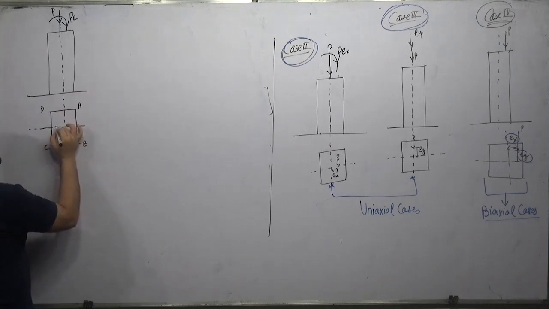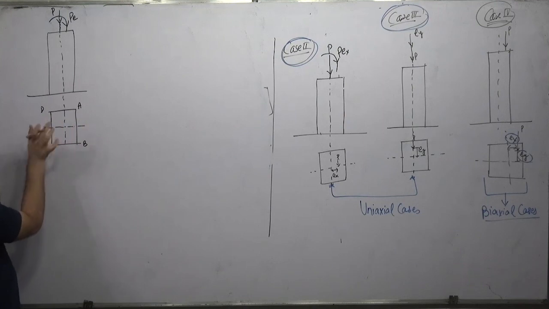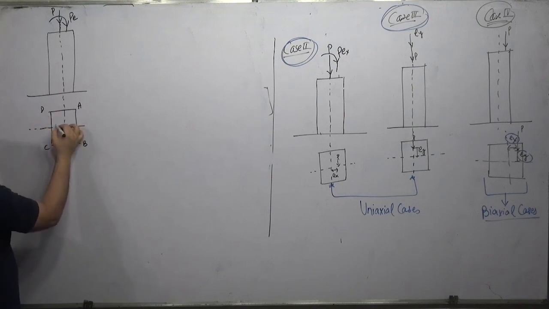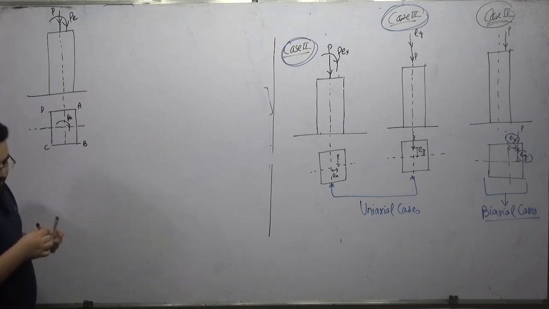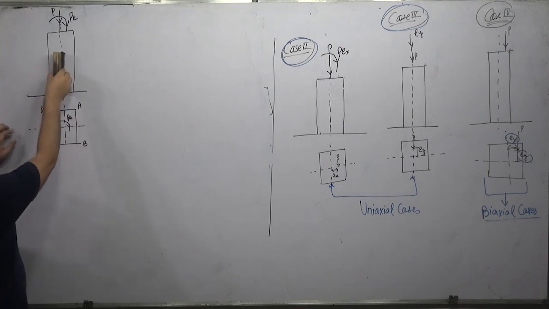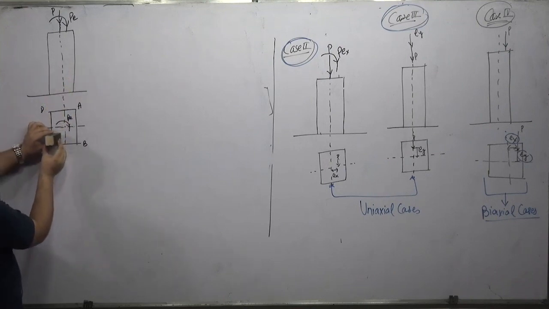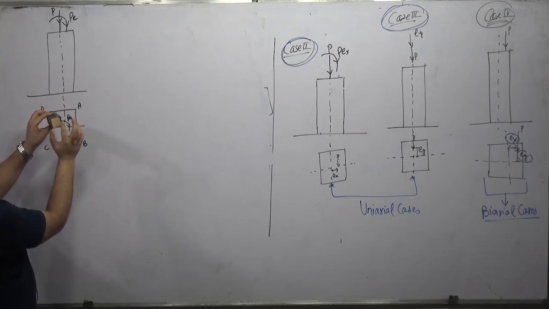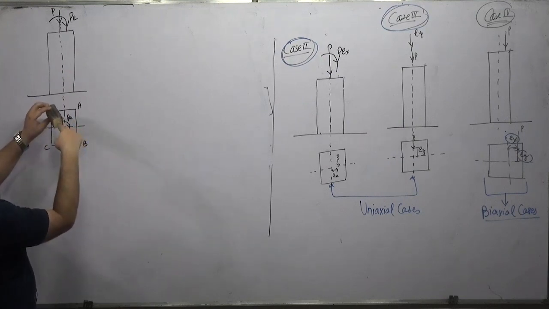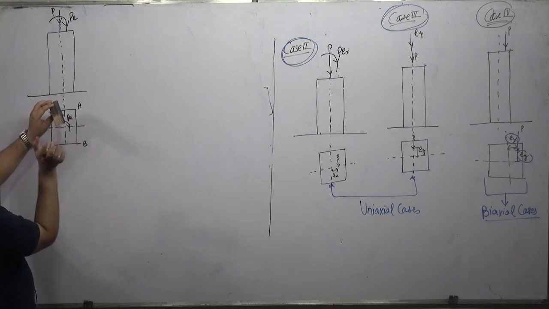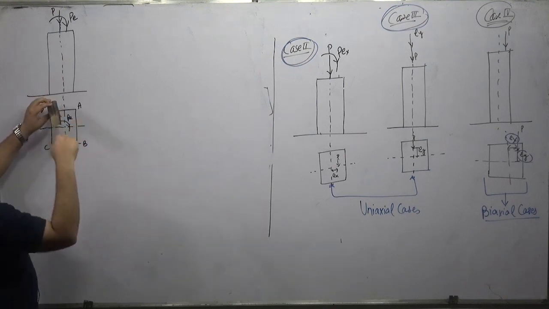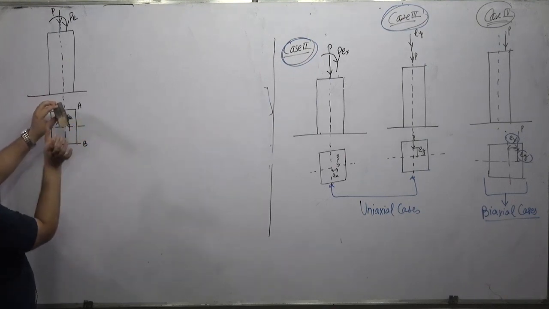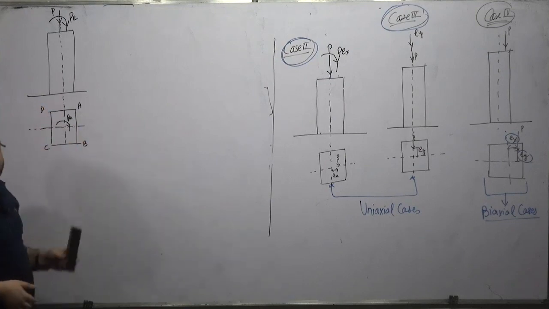along with this moment. Since it is three dimensional, I can't draw this fully, but remember we have a moment here. For example, this is the duster; earlier this was the duster, and now this is the top view of the duster. So the load was acting somewhere here. I have transferred this load to the center point along with this moment, because the load is acting here at an eccentricity, so this is the moment acting.